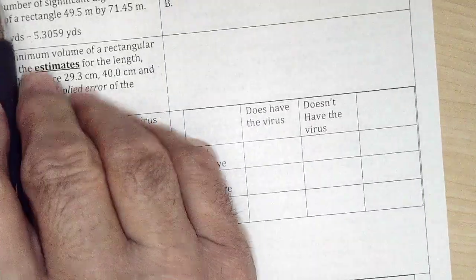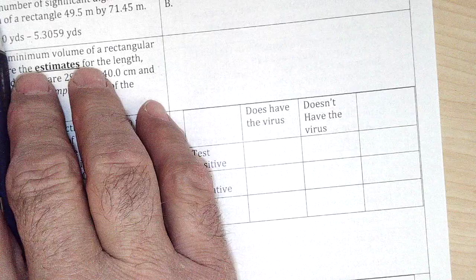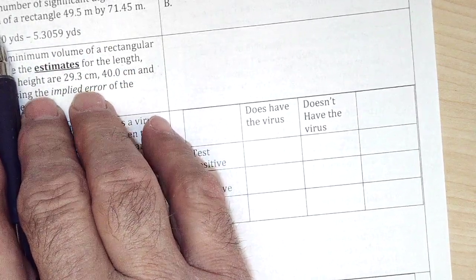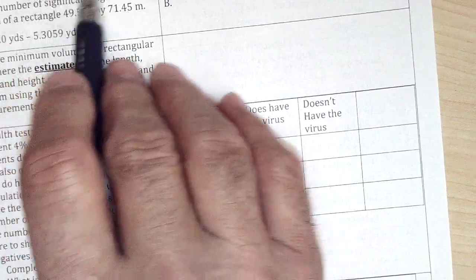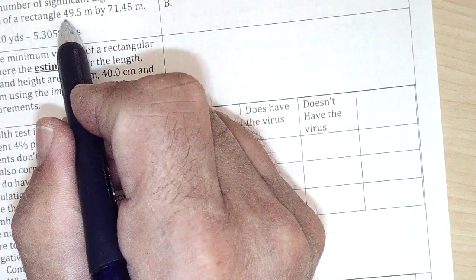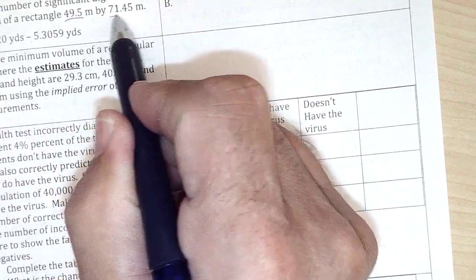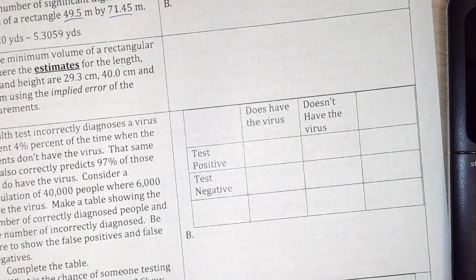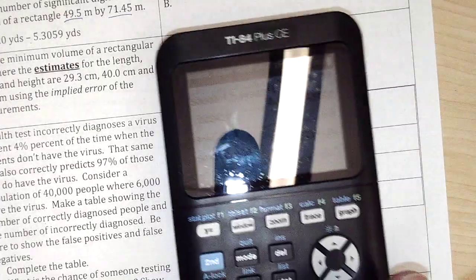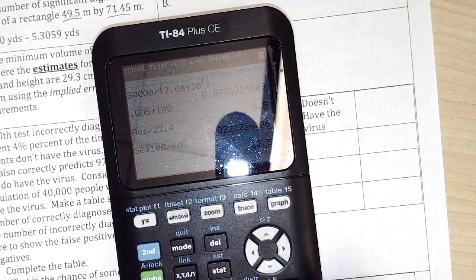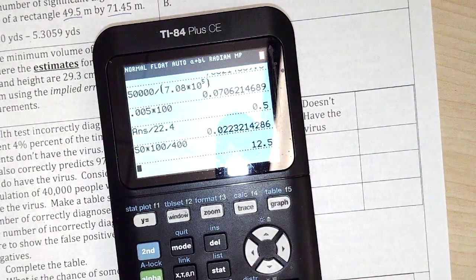Okay. Simplify the following. Use the rules discussed in this chapter. So the area of a rectangle, show the correct number of significant digits. So there's 3 here and 4 here, and the rule of thumb is to use the number of significant digits that's in the least significant number. So there's only 3 in this, so we're going to do 3. So we're going to do the whole thing,